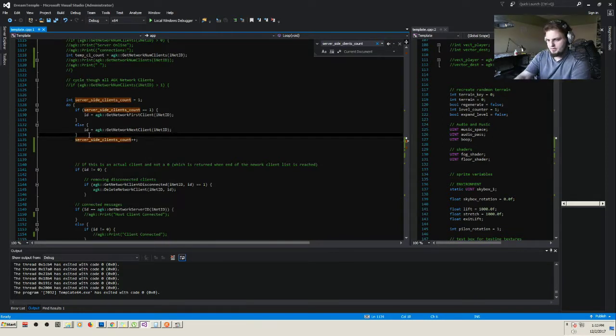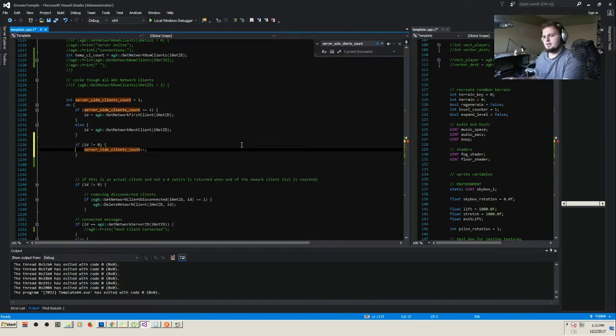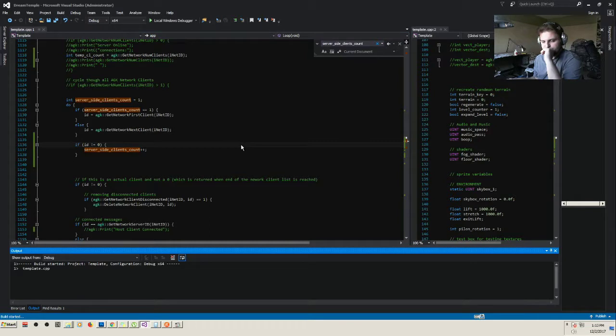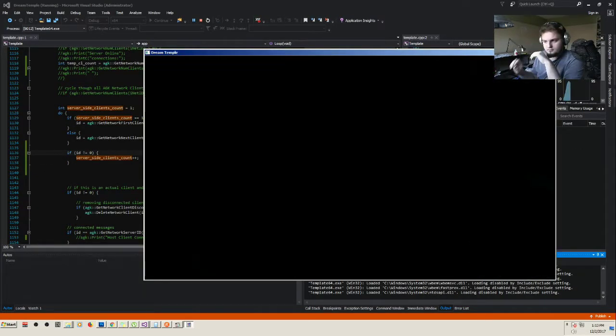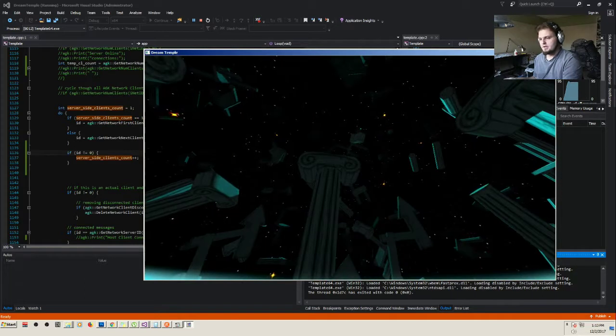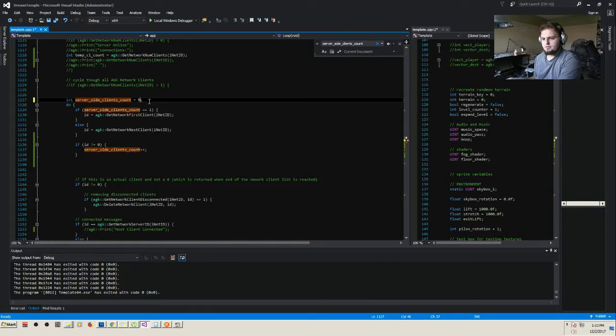Okay, so if ID is not equal to 0, then we're gonna increment this value. But technically, so now it says 2. Now, okay, if this thing starts as a 0, and in the end,